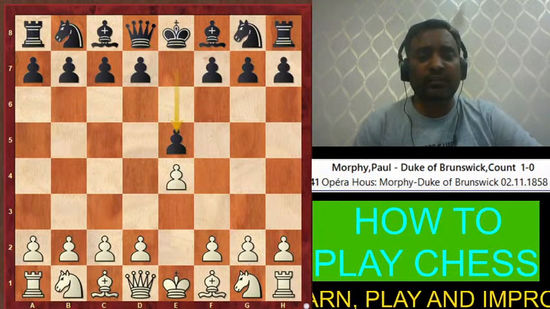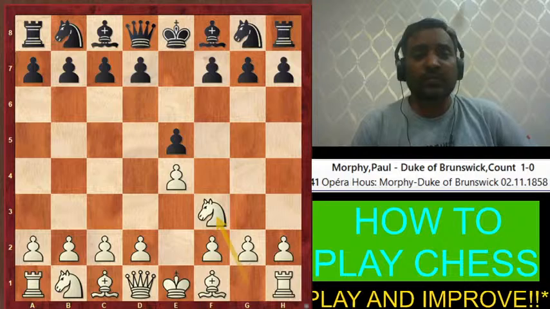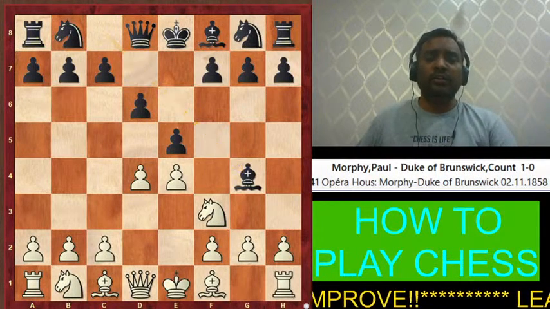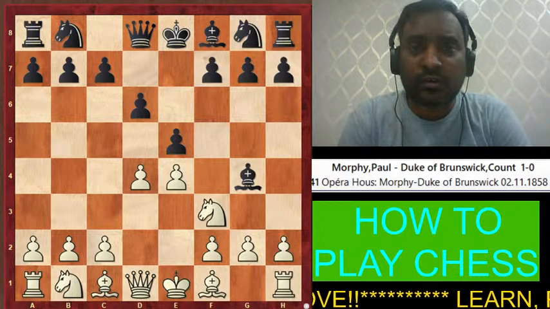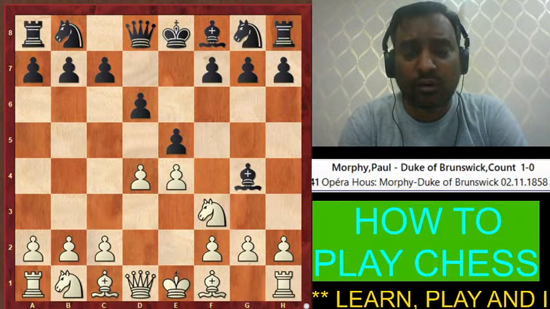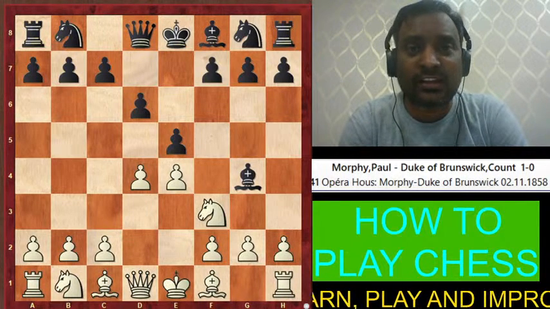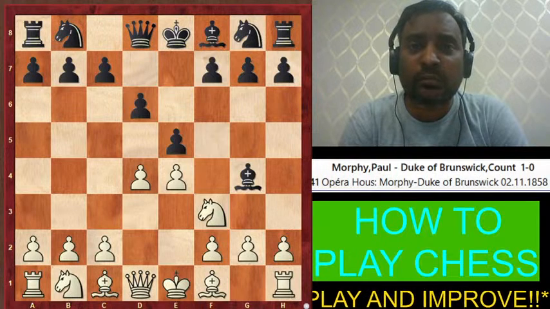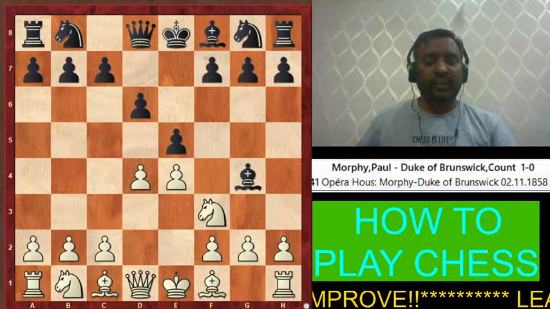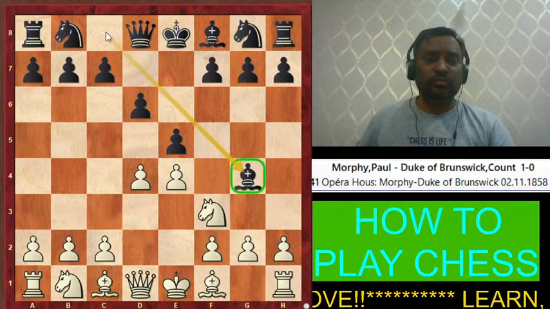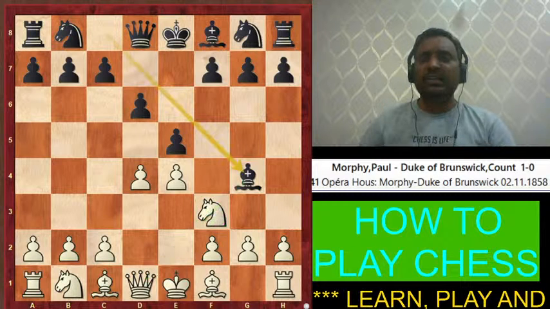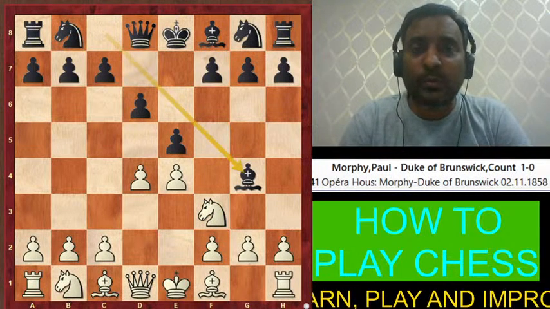Okay, so e4, e5, knight f3, and try to understand this. d6, d4, and bishop g4 played. Okay, so according to another legend, Bobby Fischer, okay, is again an American player. Paul Morphy was also an American player, and then another legend because of whom the chess become more famous, that is called Bobby Fischer. He said that this move itself is a bad move. This move itself is a bad move, even though he is spinning this knight and attacking the queen, it is itself a bad move, because it is breaking the opening principle.